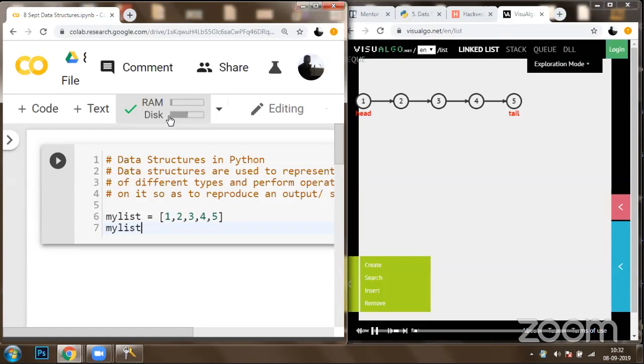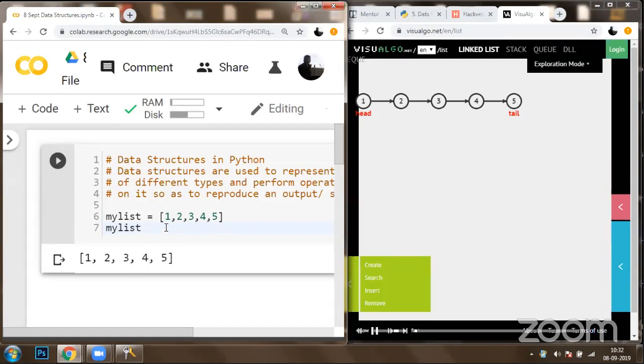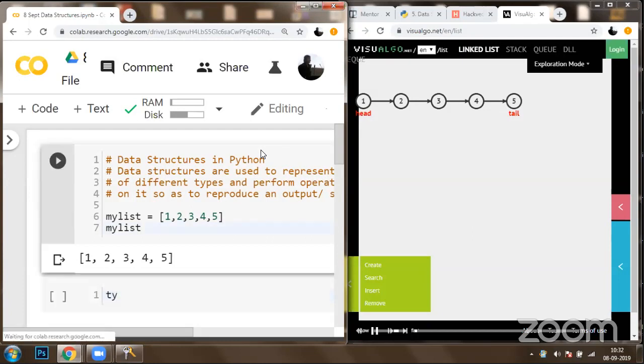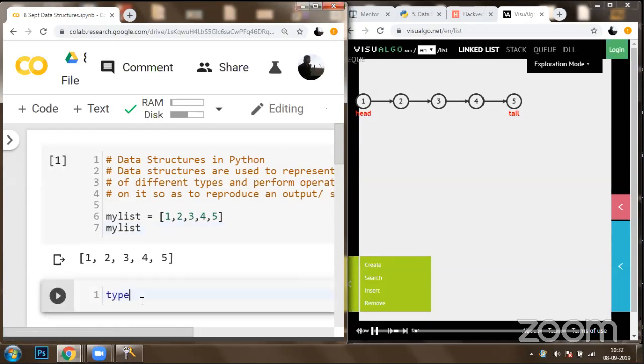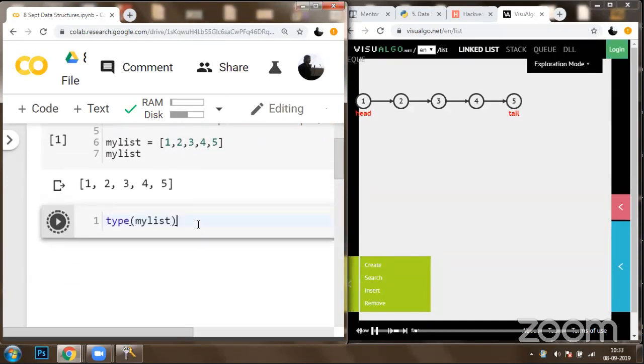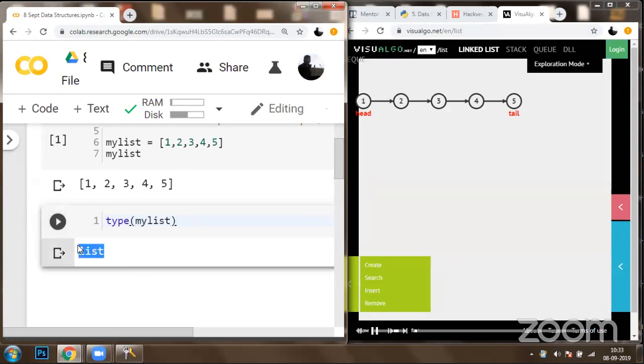Now, once we are connected, if we run this cell, you can see that you're going to get the list contents out. Okay. And if you quickly would like to check the type of this my list, we can call this function type, and we can pass in my list within that. So once we pass this information and print that, you can quickly see that the data type of the variable which we created here,